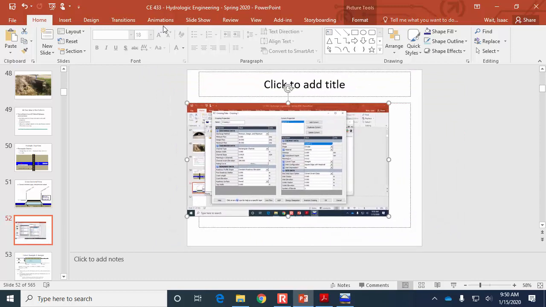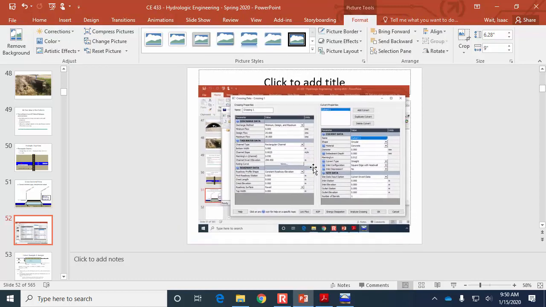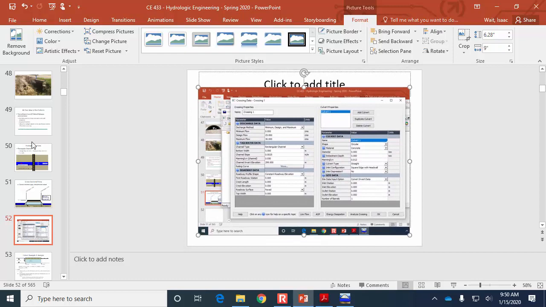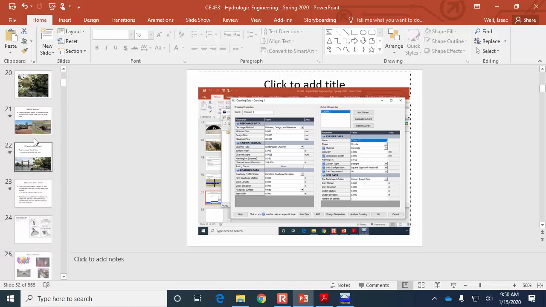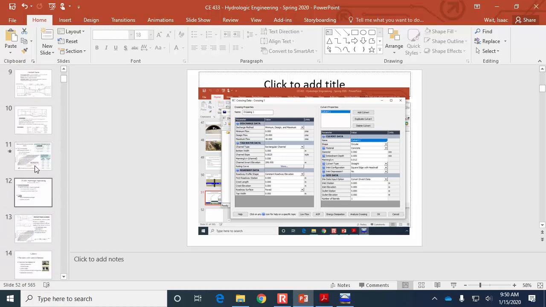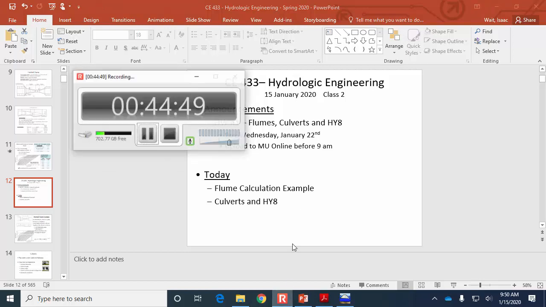In the homework that you have, you can work on the Parshall Flume problem, although we haven't yet gotten far enough for you to make any meaningful progress with HY8, you can start working on the Parshall Flume. So let's just end by taking one last look at the announcement slide. The homework's not due till Wednesday, so we'll have plenty of time after we go through the HY8 examples in class on Friday for you to do that. So how do you make the SI